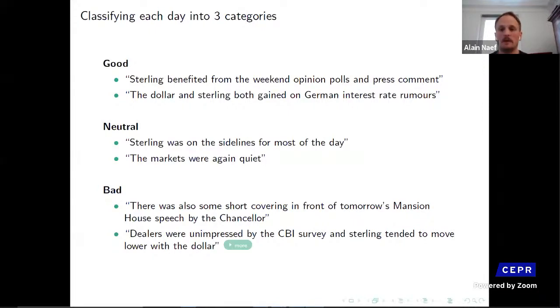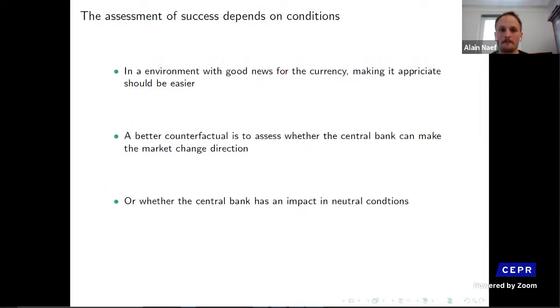They might call Westminster Bank, and the Westminster Bank might say, today is terrible, this is terrible news. And then they'll catch this information, they'll read newspapers and other sources, and they'll get this idea of how the market is doing. And I think that's very important to assess the success of intervention. So in an environment with good news, the currency will appreciate, and in an environment with bad news, it will depreciate. And I think it's a good counterfactual way to analyze, to get to this counterfactual I showed you earlier,